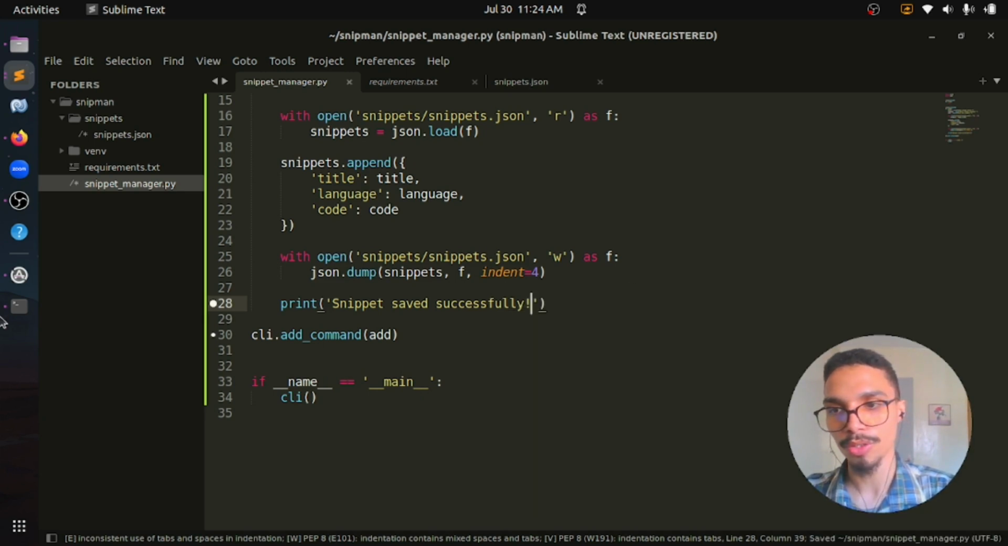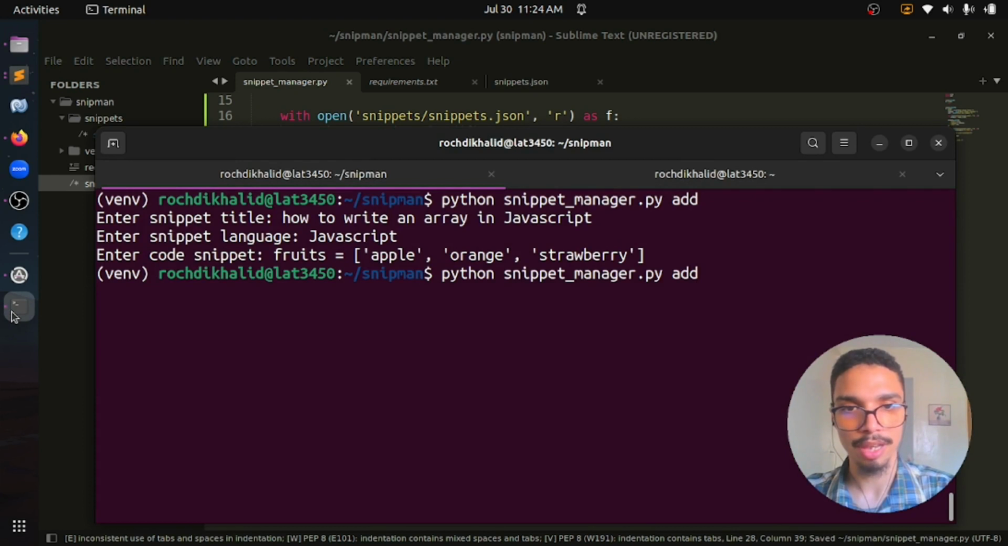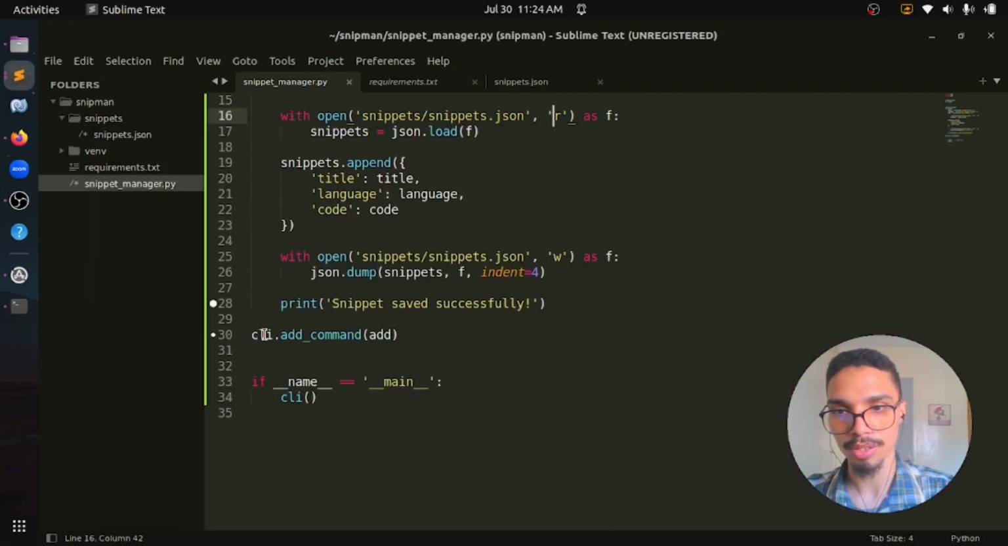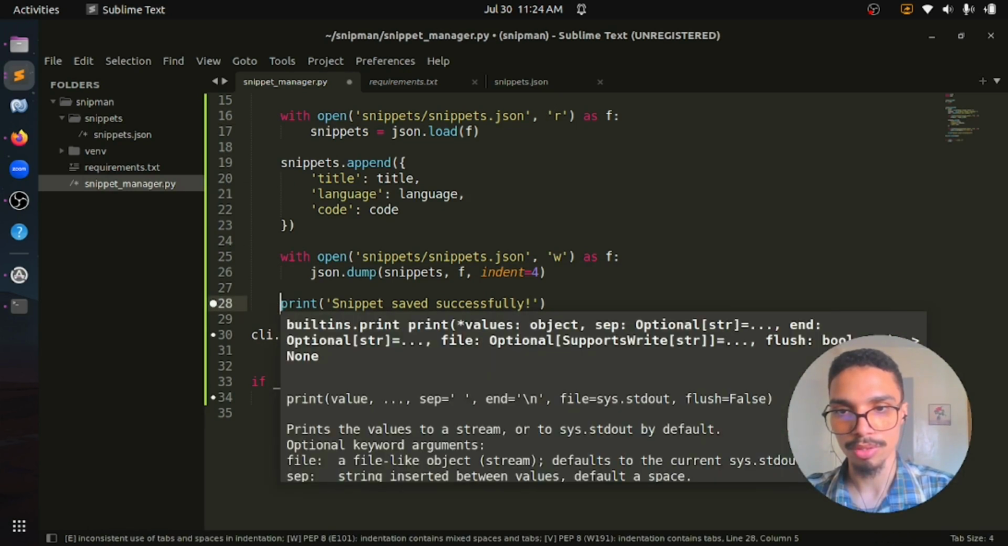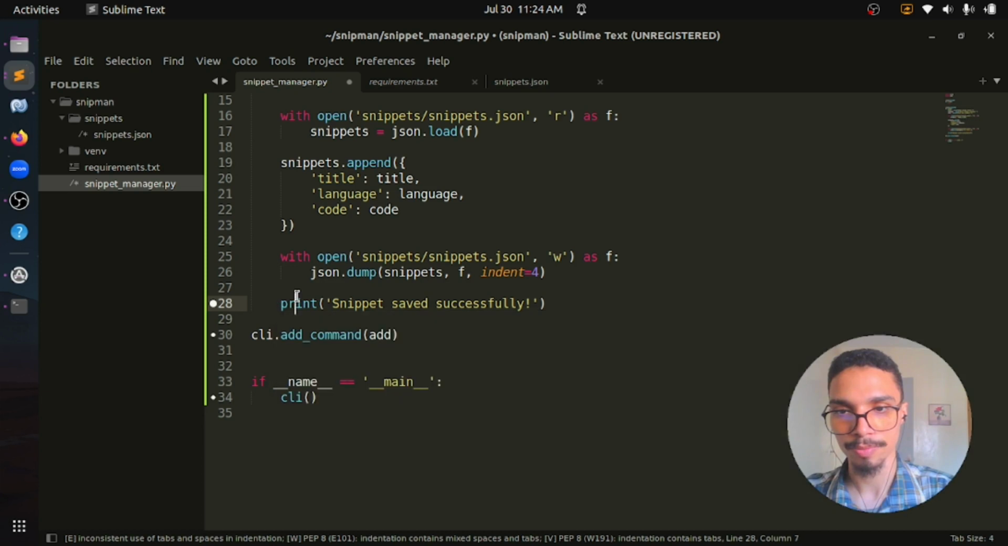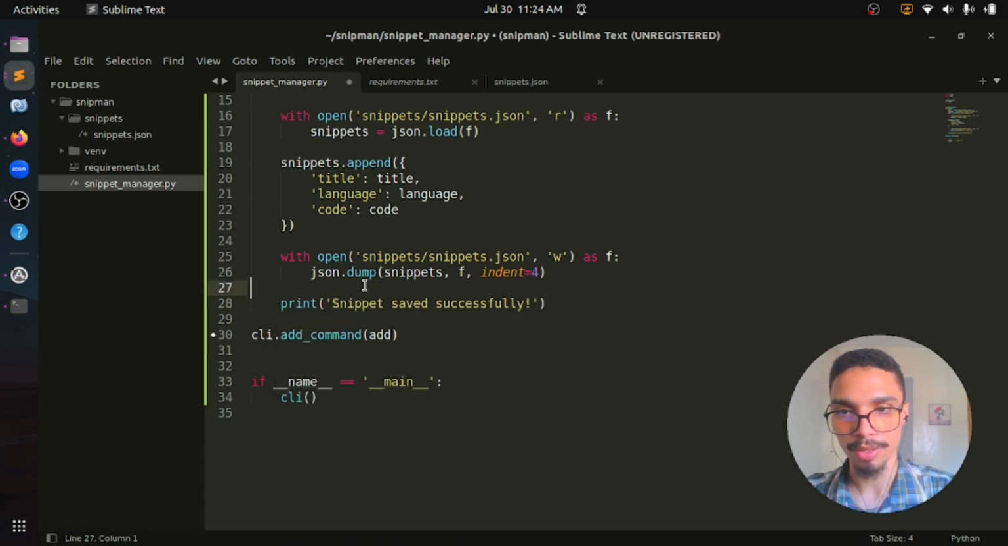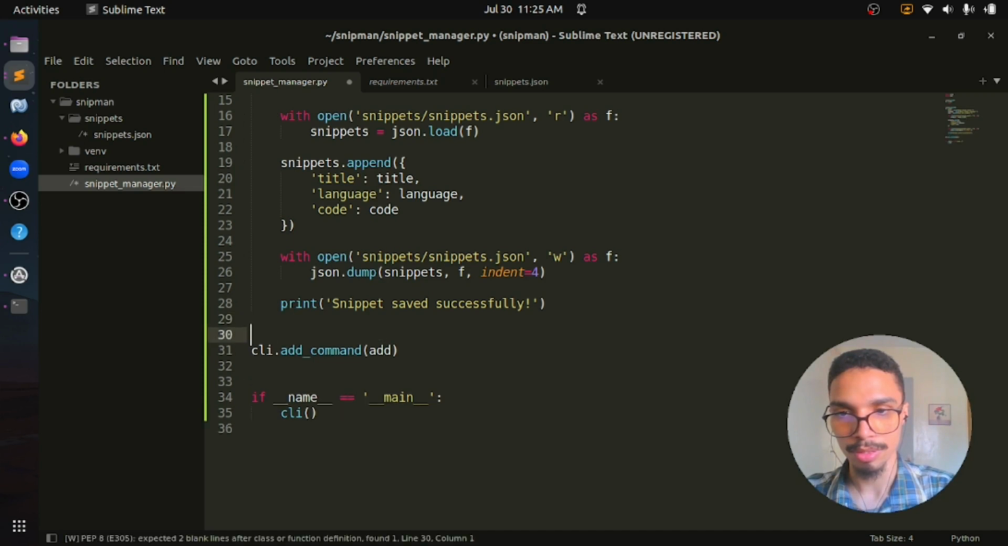So if we want to repeat the process and see what's happened, we have a problem here: inconsistent use of tabs and spaces in indentation. Maybe I should, okay, so I think, right, what about this one here? To blank lines, that's awesome. So now